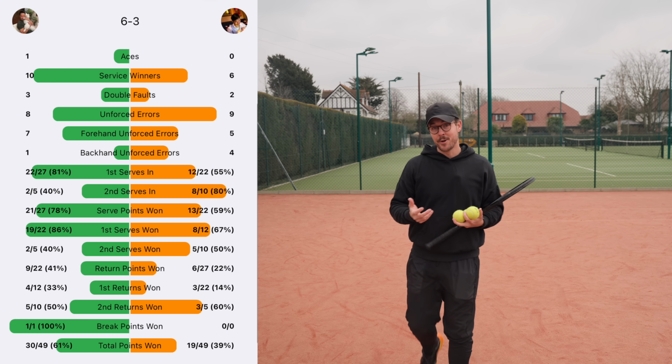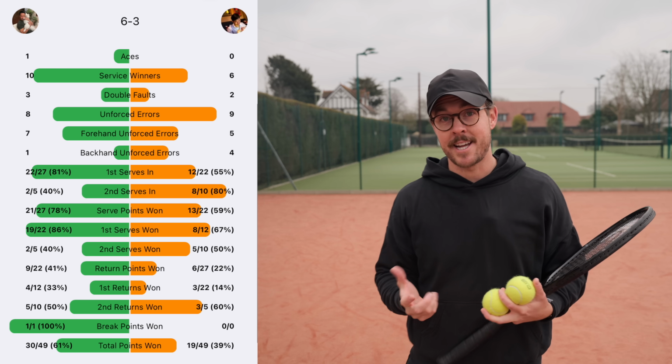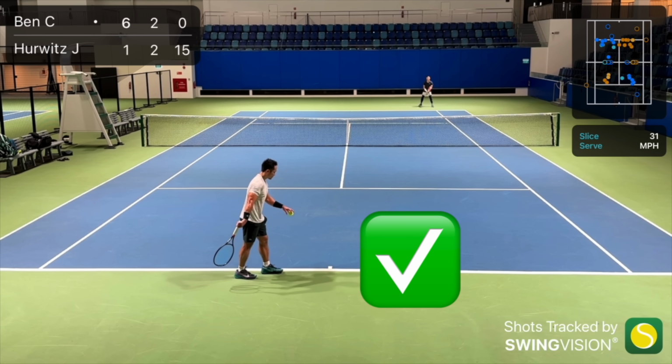Now, Ben did improve his first serve percentage in the second set, so it looked like he managed to find his timing throughout the match. However, a general tip for Ben and most of you watching this video is a lower ball toss can really help with your timing. It stops the need for this pause at the back of your swing, and also allows